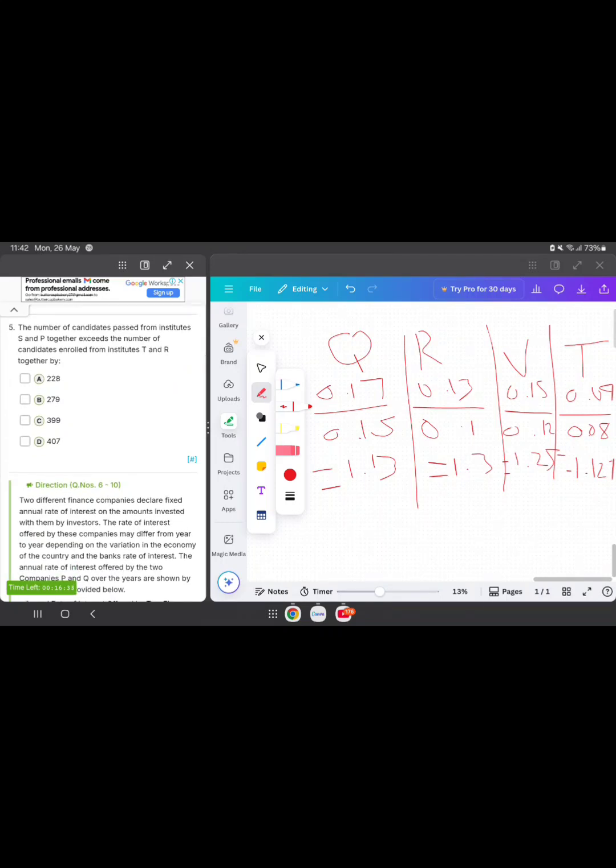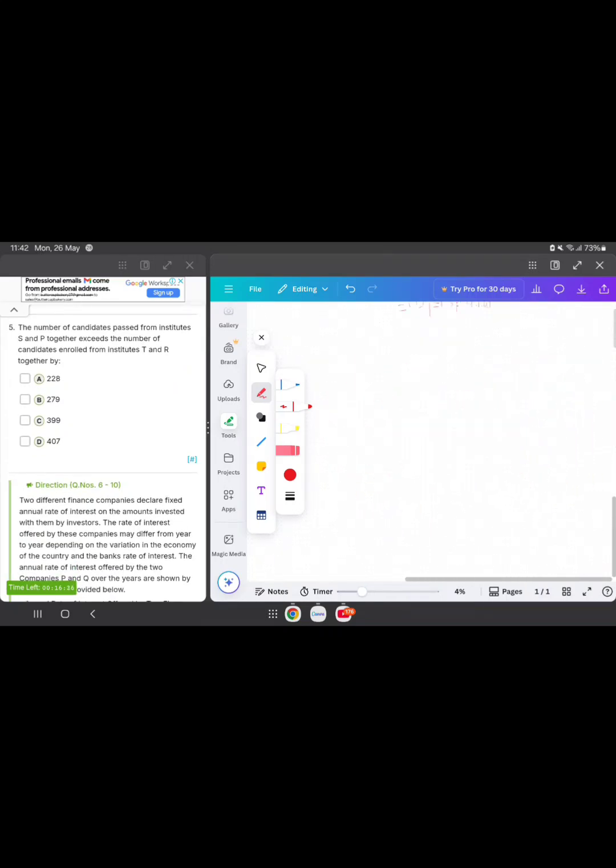Okay, and then moving on to number 5. The number of candidates passed from institutes S and P together exceeds the number of candidates enrolled from institutes T and R together by. Okay, so be careful here. You can see that for S and P is candidates who passed, and then from T and R is candidates who have enrolled. So with S and P,